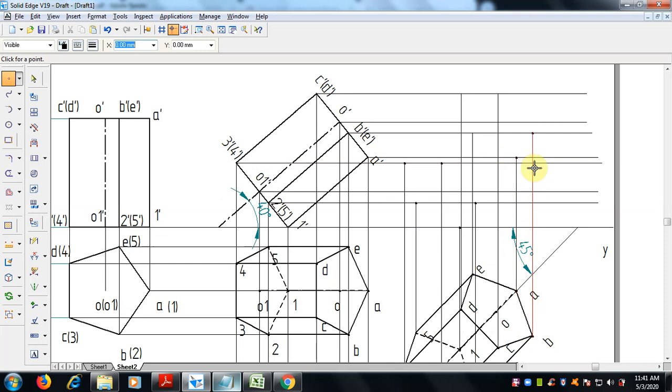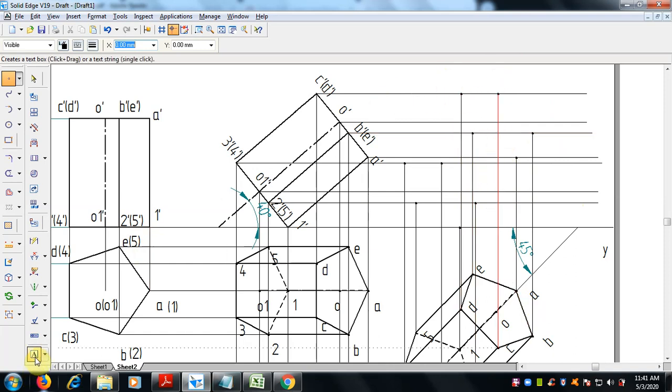A, B, this is B. C will meet here, and D here. E will meet here, right? So don't make any mistakes while naming or joining these lines. So once again we will check it: A, B, C, D and E.